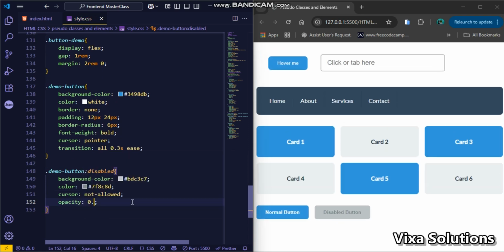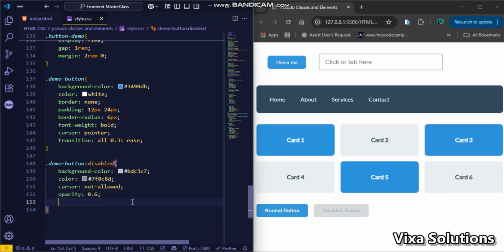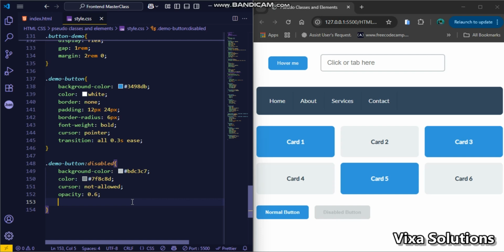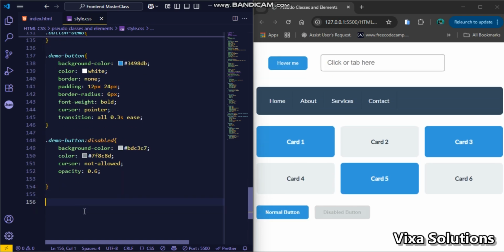Say opacity of 0.6. The lower opacity makes it look faded and inactive, right? So this is the disabled pseudo class for you guys. Hope you understand it. And we also have pseudo elements, as I've explained in the first introduction,